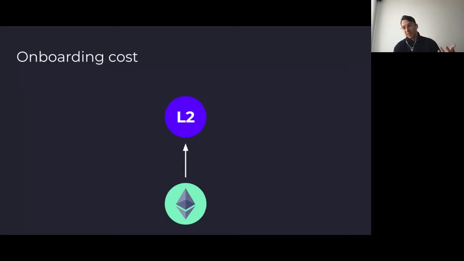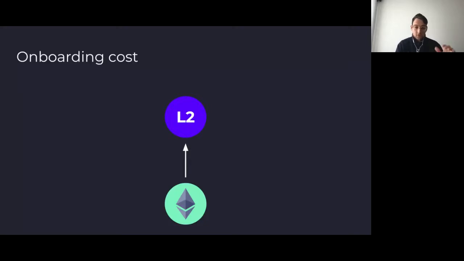And the benefit of layer 2 is that you no longer need to pay gas, but that only applies once you're on it. So having to pay to get on it is not a great start to your experience. And there are ways to make contracts more efficient, and there are ways to reimburse people, but that's not really a long-term solution to this problem. And with Ethereum becoming more successful and more expensive, although not today, that problem is only going to get worse.